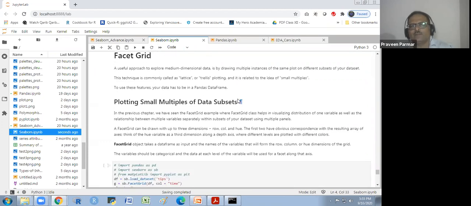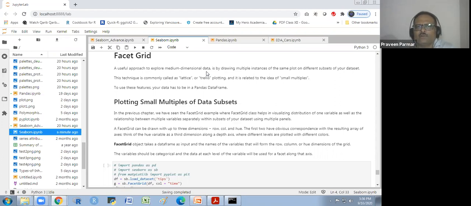Now the final one is the FacetGrid, where we get many correlation graphs, or whatever we want: small multiples of data subsets. A useful approach to explore medium dimensional data, which should not have so many columns, is by drawing multiple instances of the same plot on different subsets of the data set.